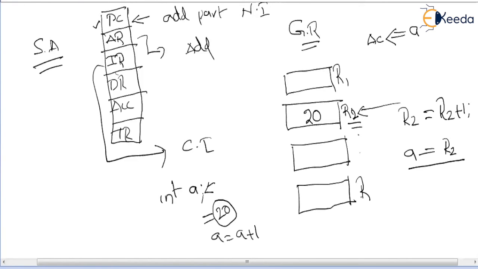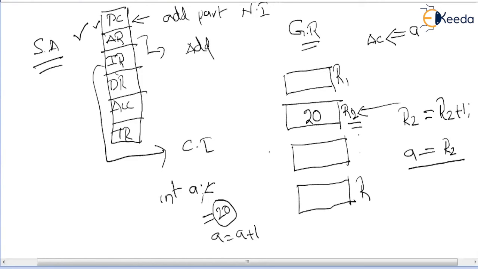In general register organization, we have several general purpose registers in addition to the special purpose registers. Try to understand an important thing here. Even in the general register organization, the registers we designed in the single accumulator organization must be present.